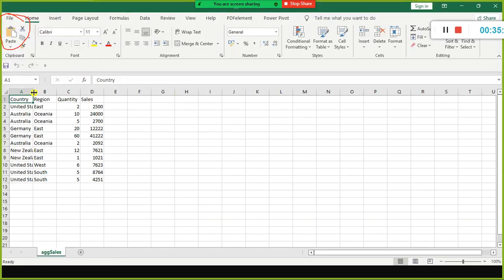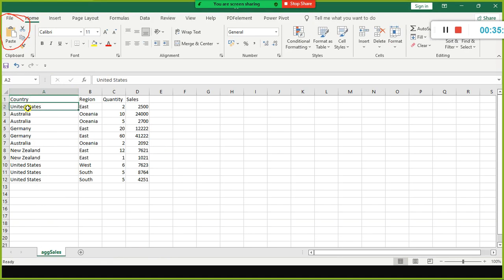Here I intentionally make some spelling mistake. Power BI is case sensitive, so a small s is different from a capital S. Here, United States, this one is different from these three records.